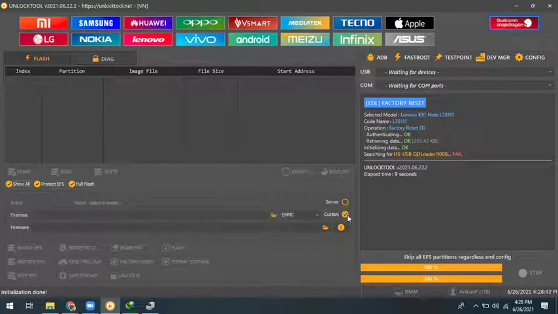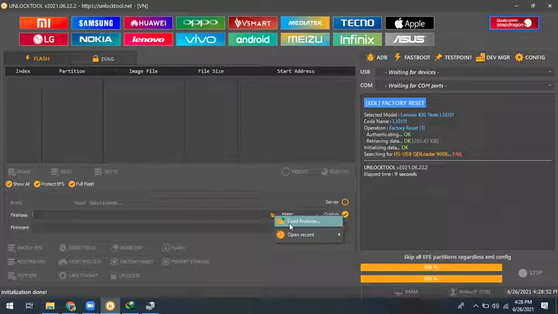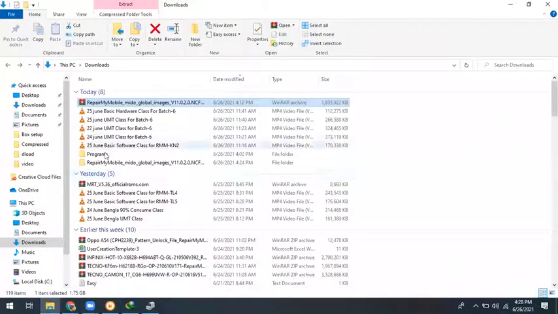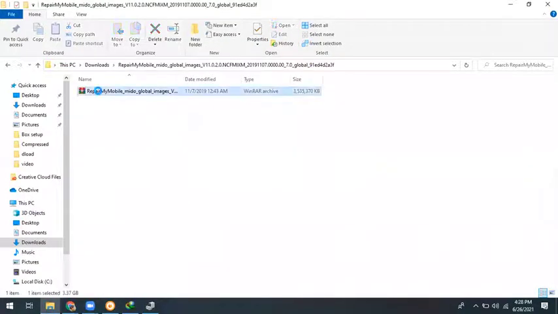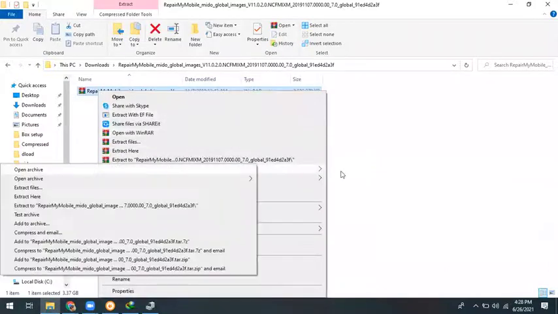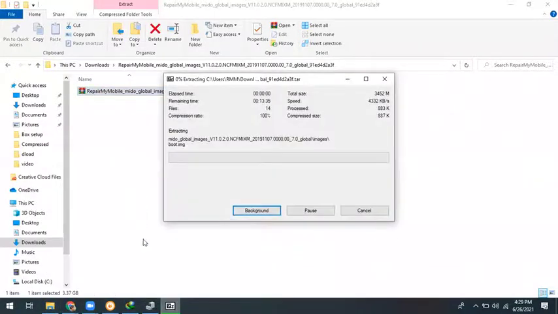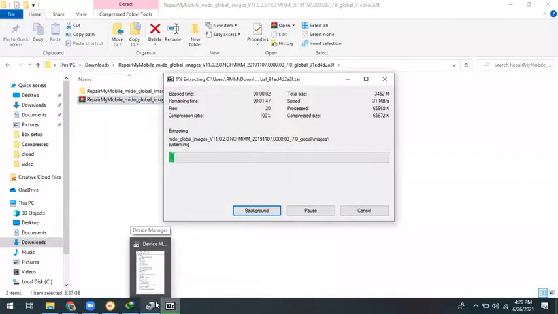If you want to flash, come to the custom mode and select your file in Load Firehose file. And how do you get a Firehose file? When you unzip your file, it will again be zipped, so unzip and extract it. There you will find the program MC Firehose file for the Qualcomm brand.